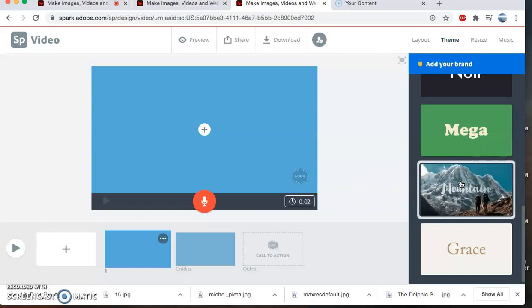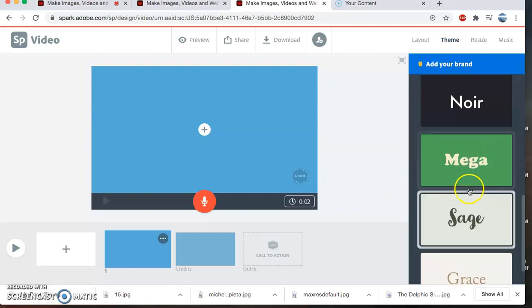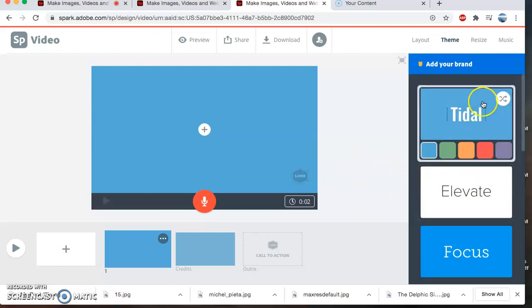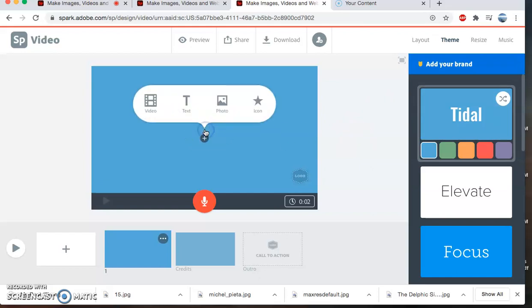So far as I know, all of the themes have some sort of Ken Burns effect that's built into them that you can't turn off, except for Tidal. So if I scroll over this, you do not see a zoom on this mountain picture. And that's why I prefer to use Tidal as the theme for my slides. Okay, I want to create a title slide, so I'm going to click on the plus button here and choose